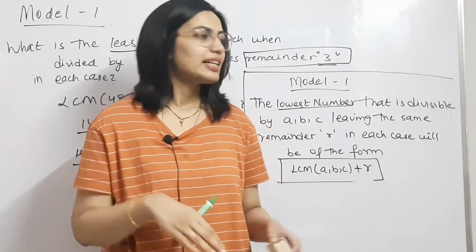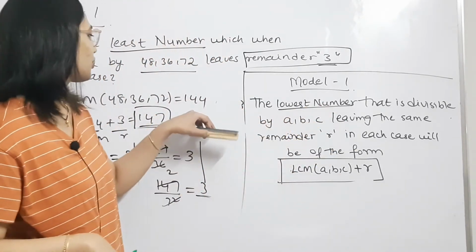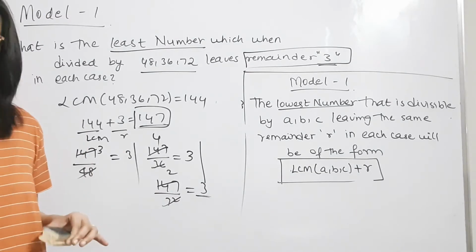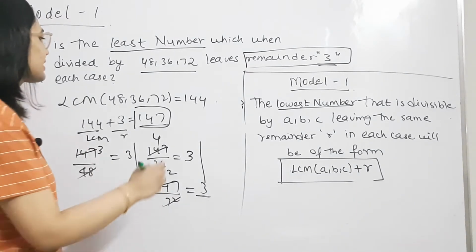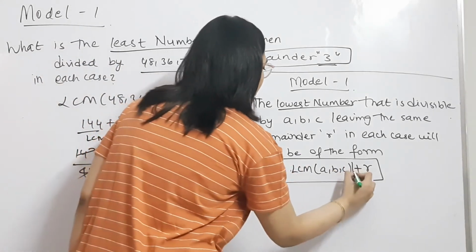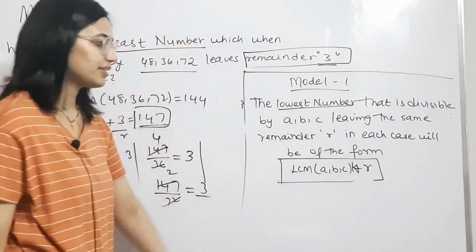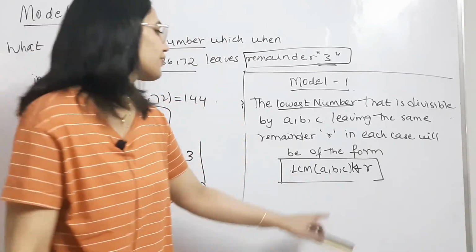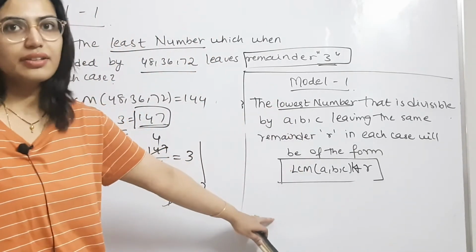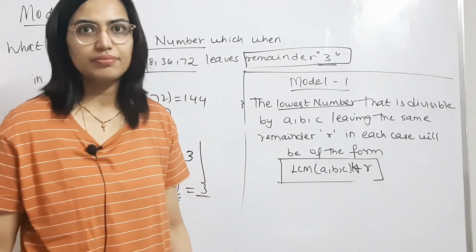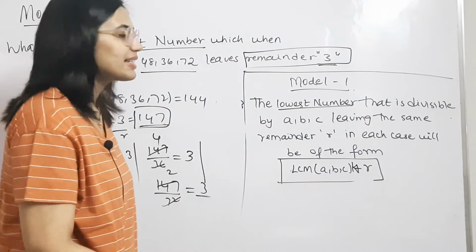Okay. That means if you say the least number here is 144, you need to find the number that is next to least. That means the next multiple of 144. In this case, if you put k here in this form, like LCM of ABC times k plus r, if k is 1 then it is the least number, right? But when k is 2 it will be the second least number, right? When k is 3 it will be the third least number.